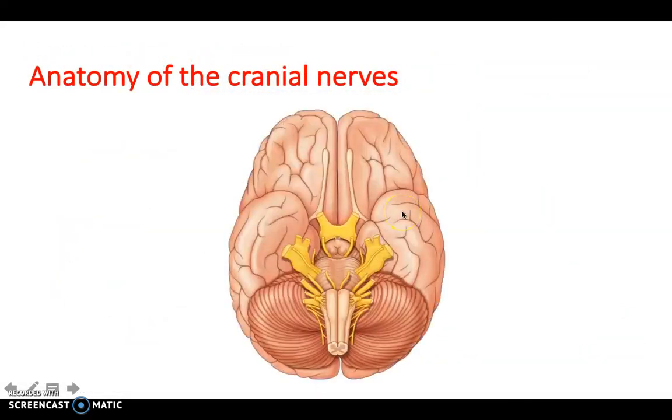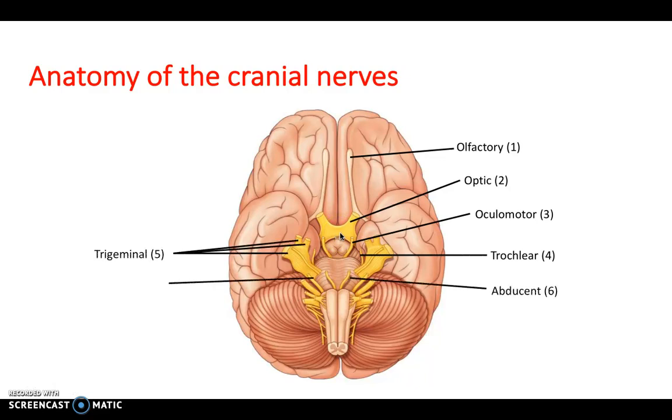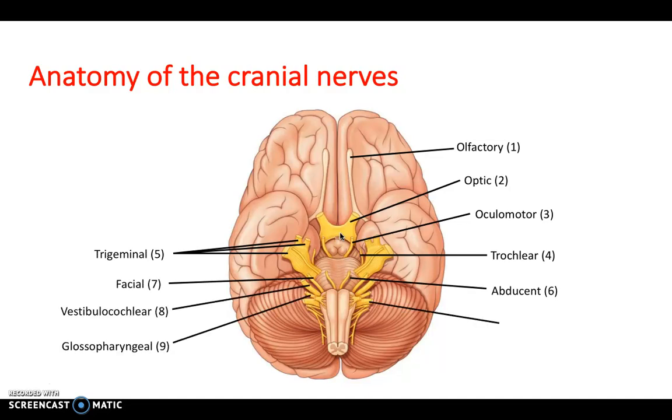Next we have the cranial nerves on the underside of the brain, and of course there are 12 pairs of cranial nerves. First we have the olfactory nerve, followed by the optic nerve, and this is where the optic chiasm is. Then we have the oculomotor, followed by trochlear. Then there are the 3 branches of the trigeminal nerve. Then following this we've got the abducent, the facial, the vestibulocochlear, the glossopharyngeal, the vagus, the accessory, and lastly the